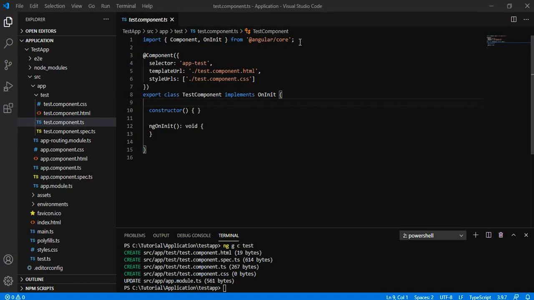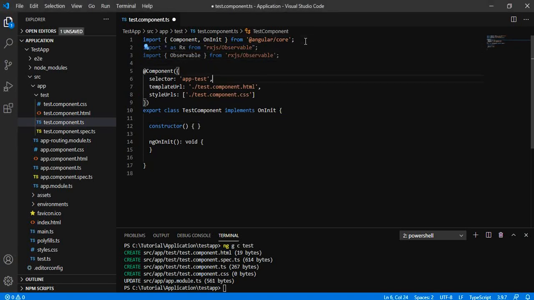Let me add the new observable with the help of the create method.